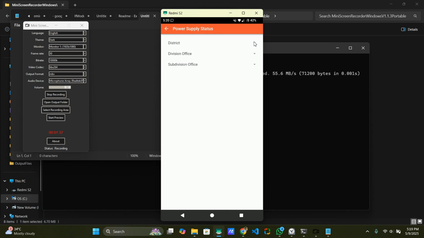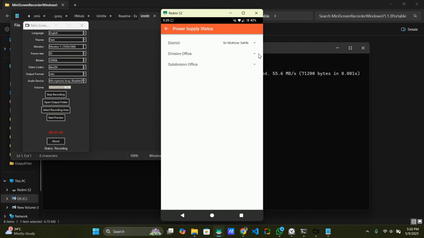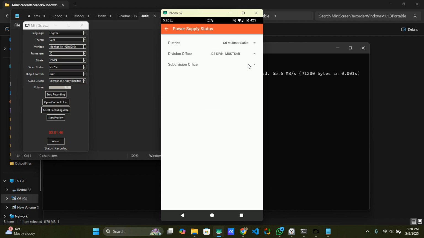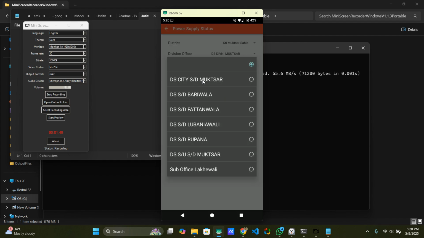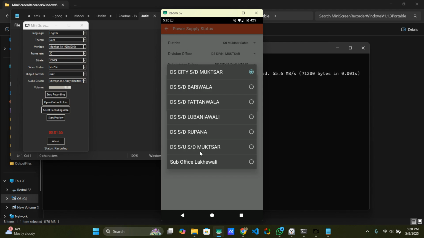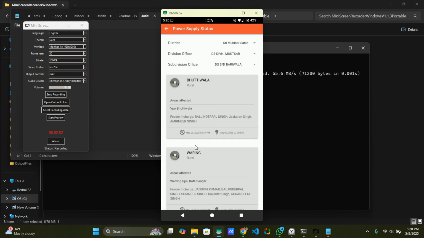So for demonstration, I will show you my area. Shri Muktsar Sahib, this is where I am from, the same division office. And for now, the power is all fine. This is how it shows up. And let's see if we can get any district that does not have power right now. Okay, nice. So Bariwala does not have power right now, and these are the two main regions that are suffering